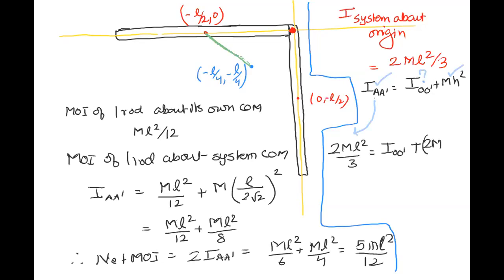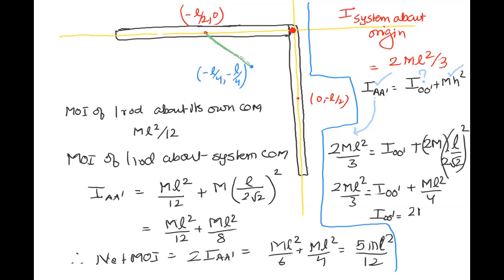Now, very careful: mass of the system multiplied by the perpendicular distance between the two axes, which is the same as before, L by 2 root 2 whole square. So I get 2ml square by 3 is equal to I_O dash plus ml square by 4. So I_O dash is equal to 2ml square by 3 minus ml square by 4, which is equal to